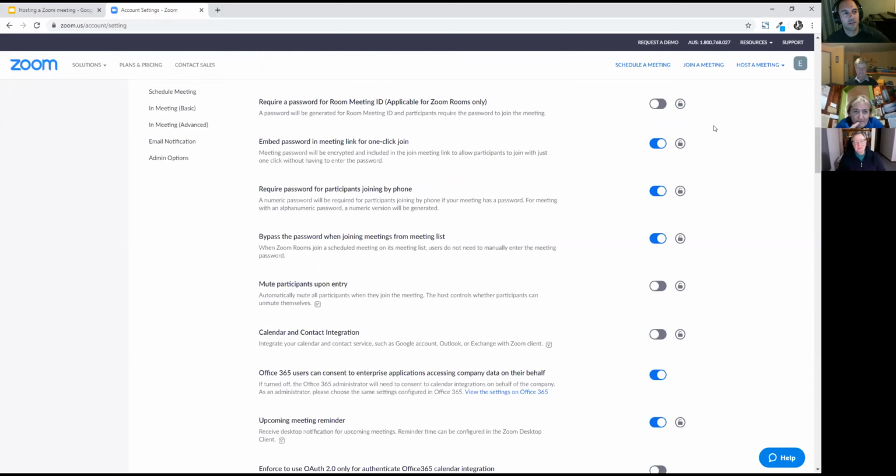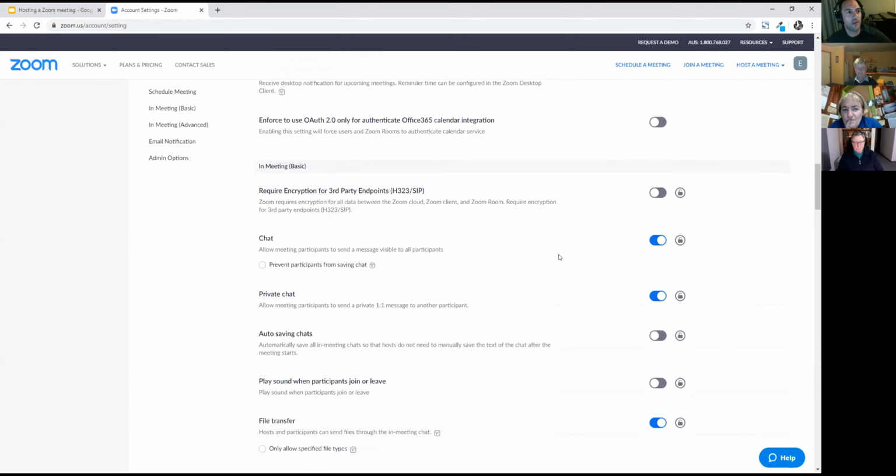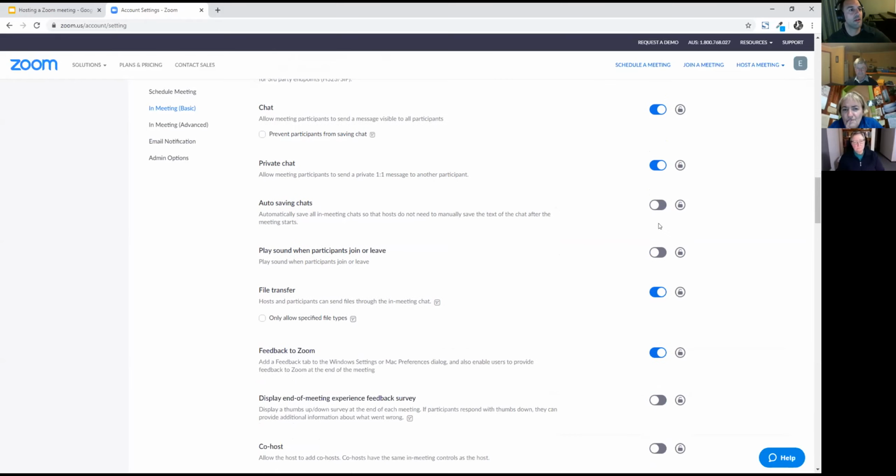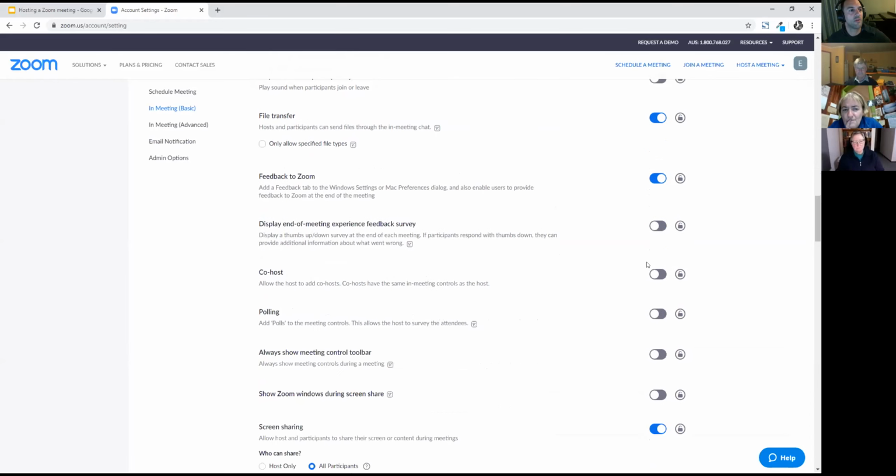No, that's fine. So I'm just trying to find key things that you probably want on. So for example, if I turn password off by default, because I just don't want to bother about it, then any new meetings that I create won't have a password on by default, but I can still add a password if I wish, but I have to do that manually. Mm-hmm. And then some other features, do we allow chat? Do we allow private chat? What else?